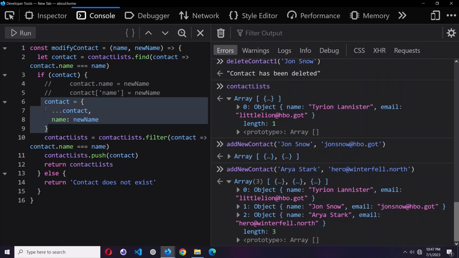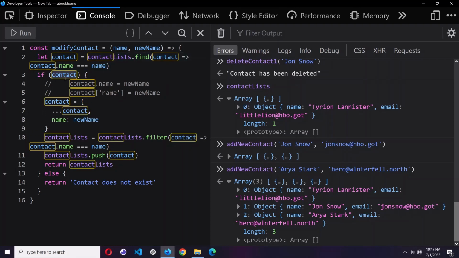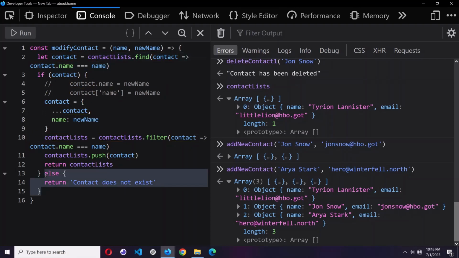All right, great. So after that, we will call the contact list and then reassign it to a filter method that returns all the contacts except the one that matches the name. Then when we get that array, we will now push the contact, which is the modified one. We will now push it to it and then return the contact list. If this method finds nothing, it means that this contact is undefined, and it will run the code in the else block and return contact does not exist. Okay,